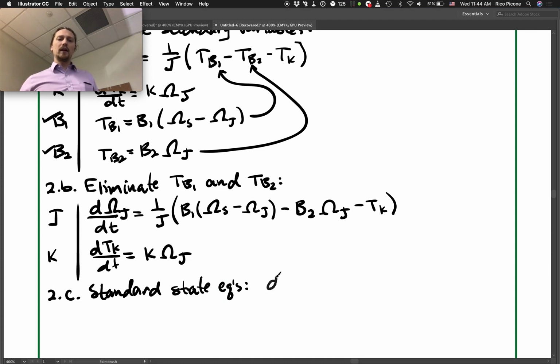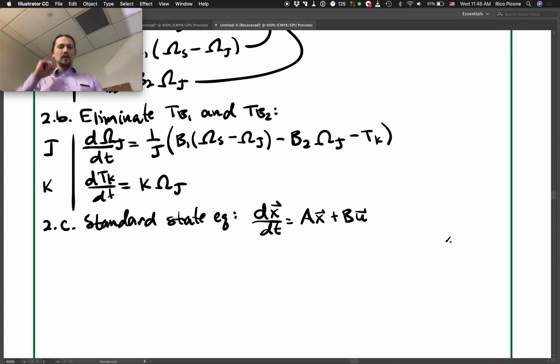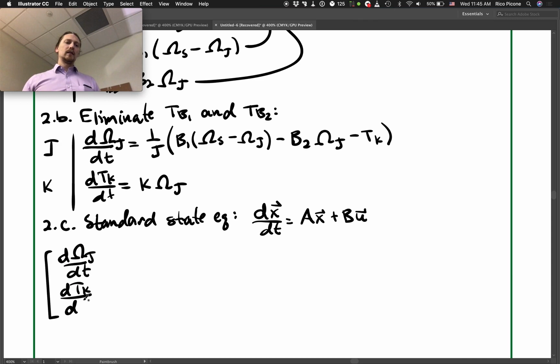So remember that our standard state equation is a vector equation, right? It's singular. So dx/dt equals Ax plus Bu. This is the form we're going for. So let's write dx/dt. dx/dt is the time derivative of our state vector, so d omega J/dt and d Tk/dt